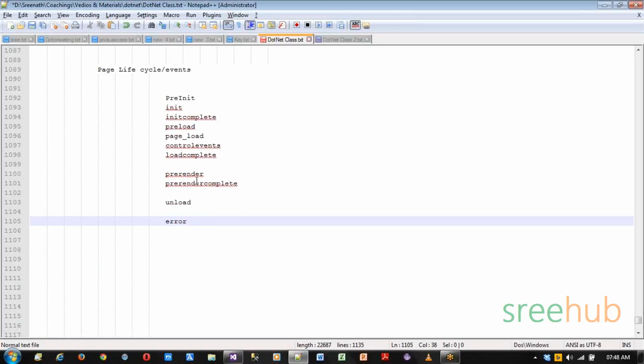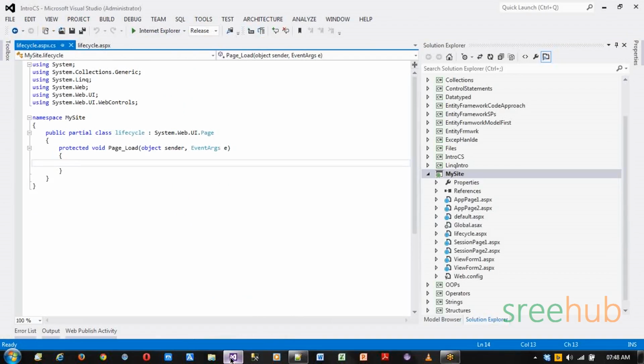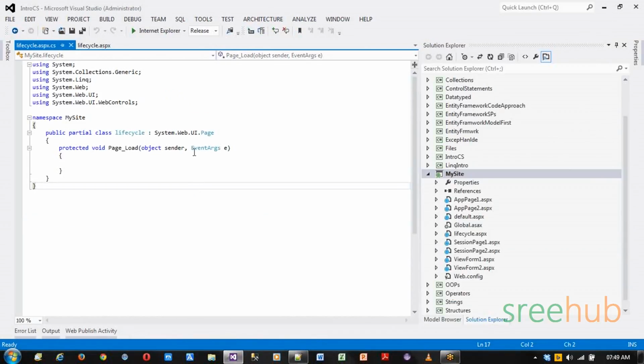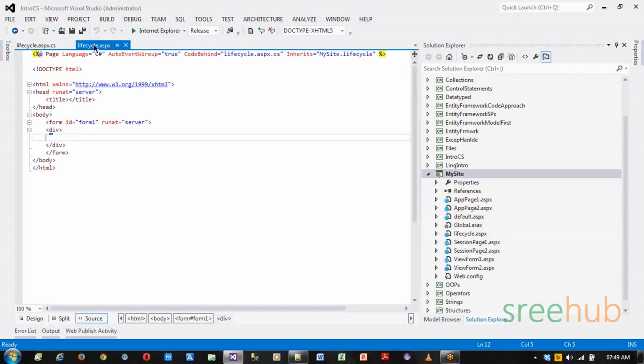Fine. So let's go ahead and see how we can actually create these events, right? Do we need to remember all this? A few things, yes, what part happens in which event is important to remember. But while developing, if you want to actually check out the events, you can check that. Now by default you have page load. Now in order to see other events, go to the page